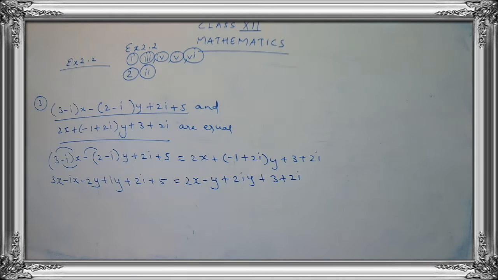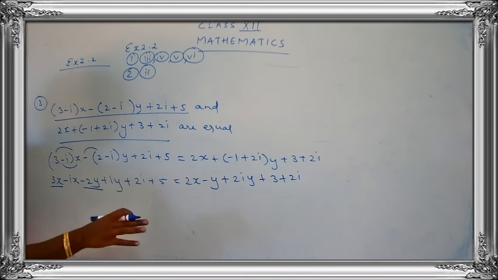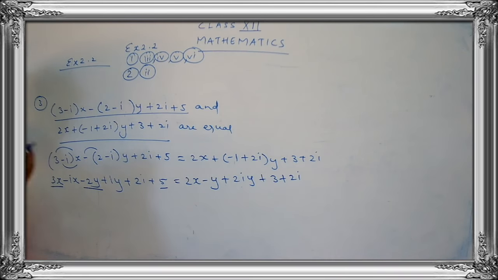Now what I am going to do is arrange the real part and the imaginary part together on both the sides. Let's try to arrange, children. So this is a real part. This is with i, so that is not a real part. Leave it. 5 is a number. So the real part means you have to choose the numbers which do not have i, the imaginary unit. So this is 3x minus 2y plus 5. Okay, real part. Now I am going to bring the imaginary part together.